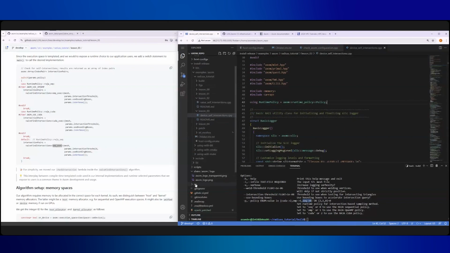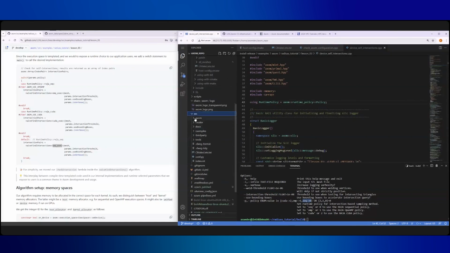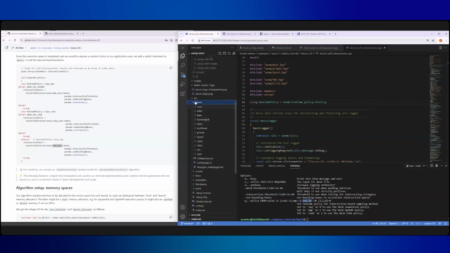So that is in Axom's source directory. And again, I'm looking at a different directory than the one that was built in. You're sort of looking at a subdirectory called radius tutorial. And if you go up to the root of your container, there's also a directory called Axom repo. And that contains Axom source code. So you can look through that also. So it's Axom source, Axom core,